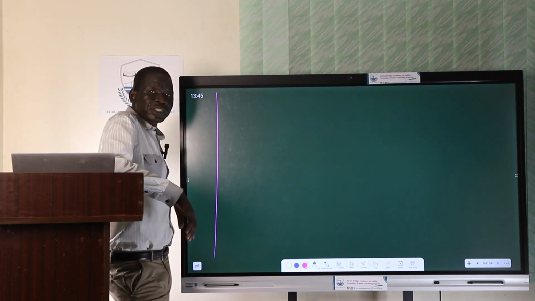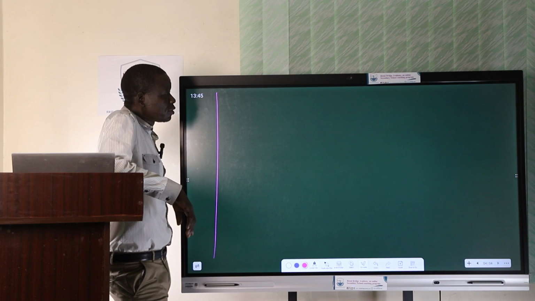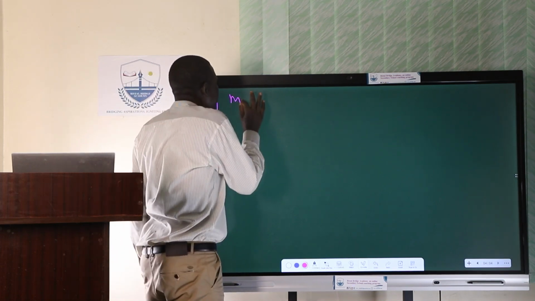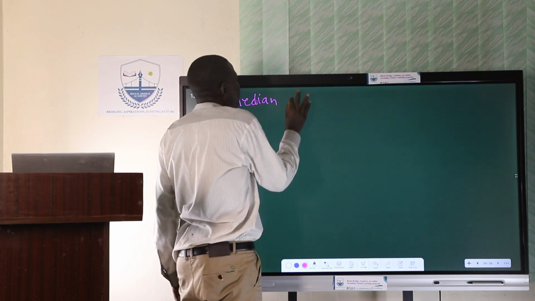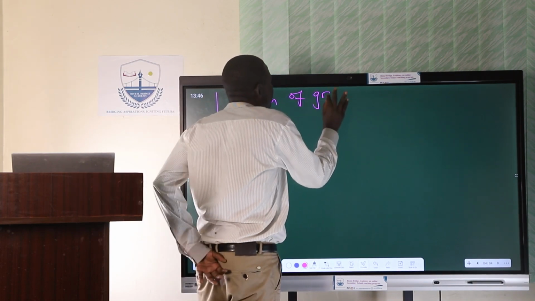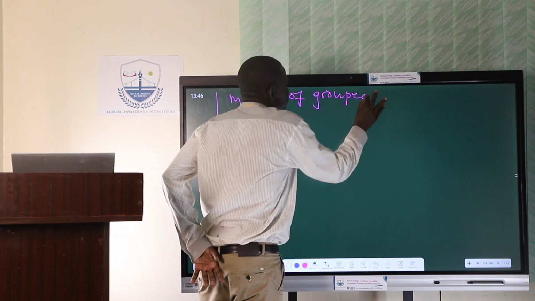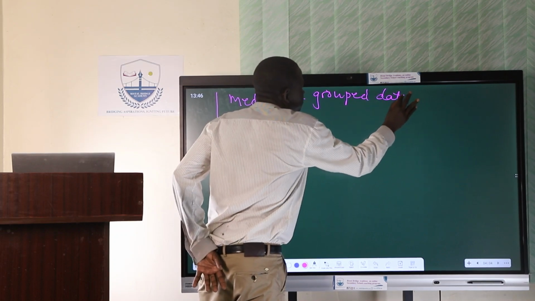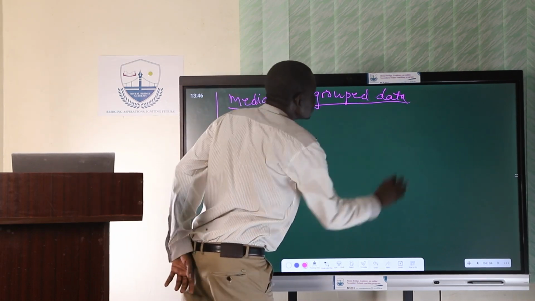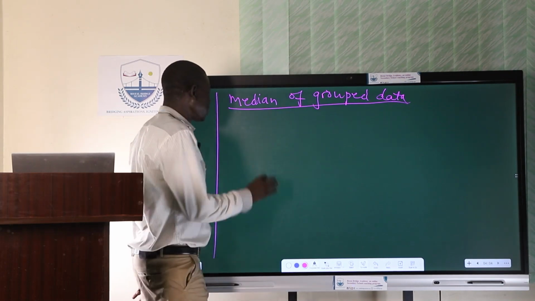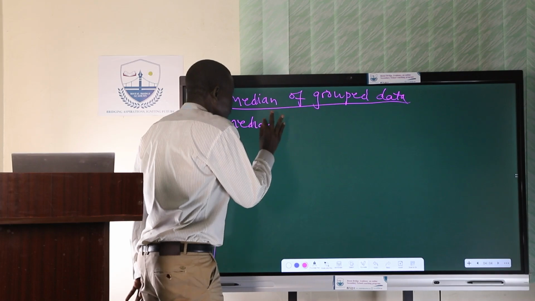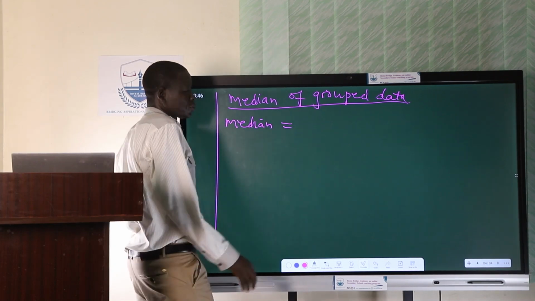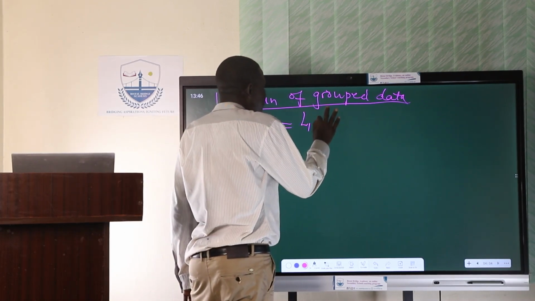Now the median of group data is obtained by the formula: median is equal to L1